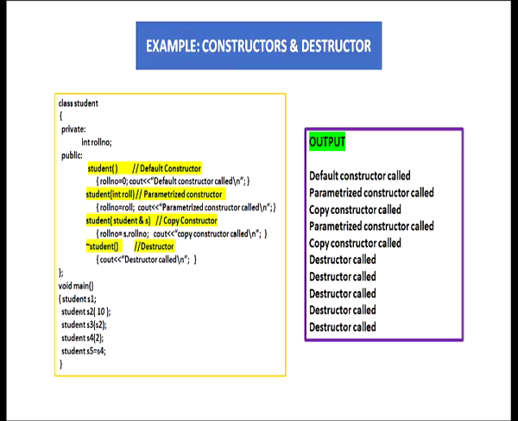For all the constructors, whatever objects have been created, now the destructor will be called for each one of them one by one to destroy them and to free the memory space used by these objects. So, you can see in the output window we have the destructor call statement 5 times. This is for all the 5 objects which have been created in this program.